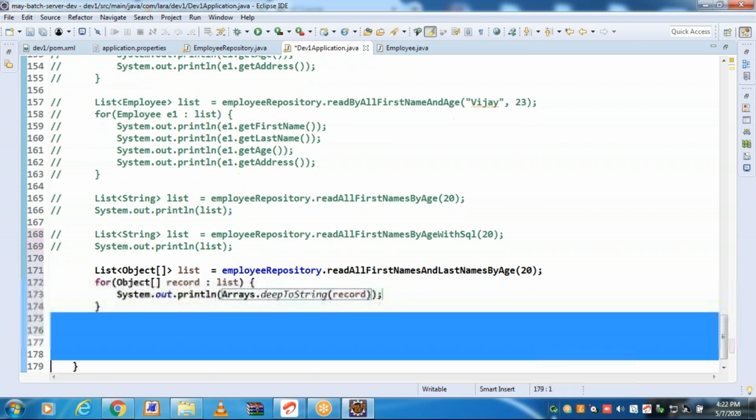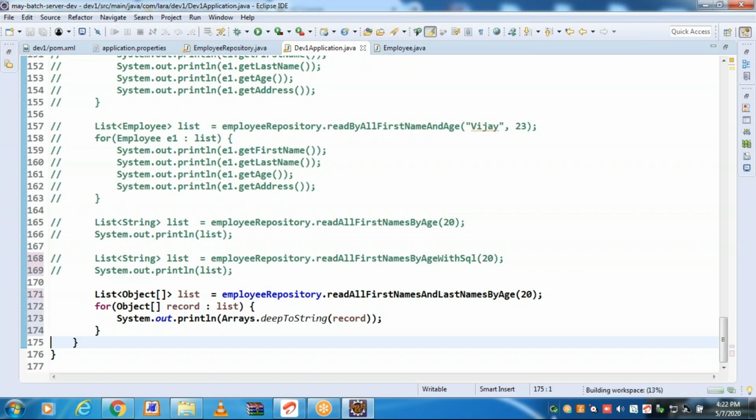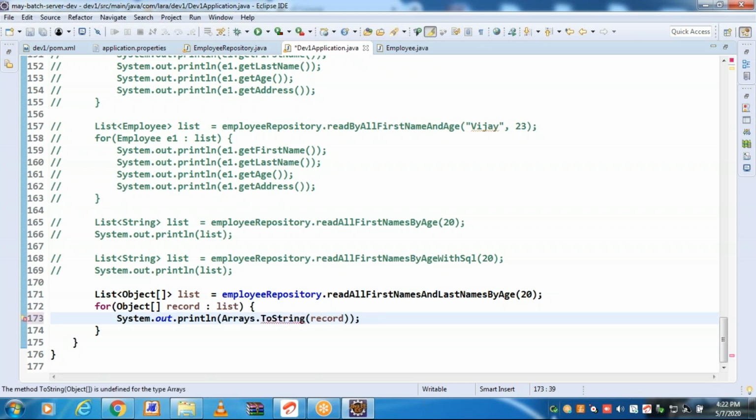In order to print, we have to use the Arrays.toString method. We don't require a get to string, just provide toString.